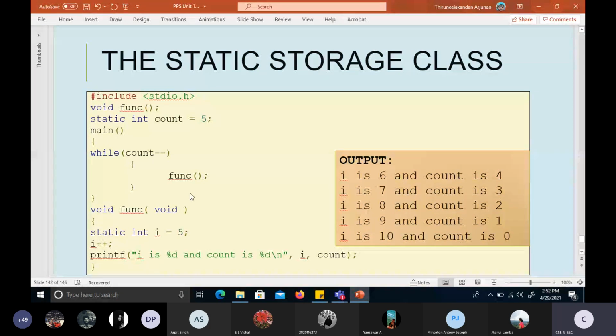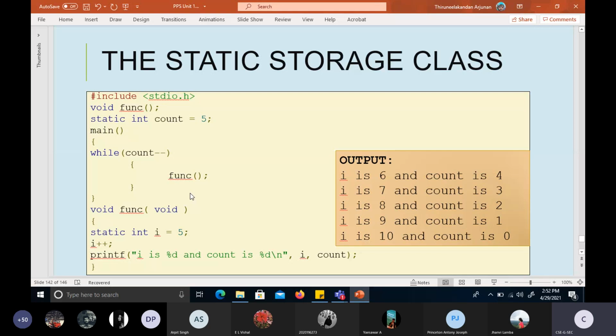I want everybody to look at this program, students. Now I'm telling one sentence: when we are running a full program, provided we declared a variable as static, consider we are running one program and in that program we declared one variable as static.